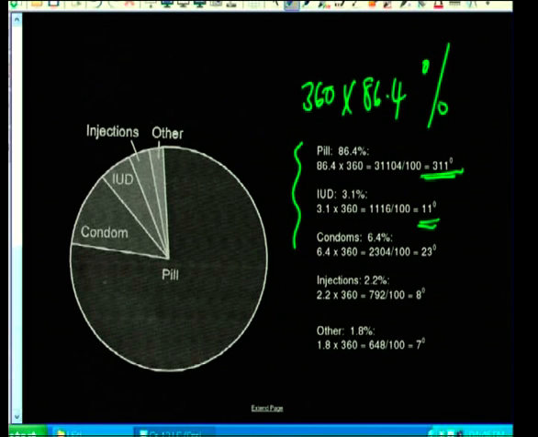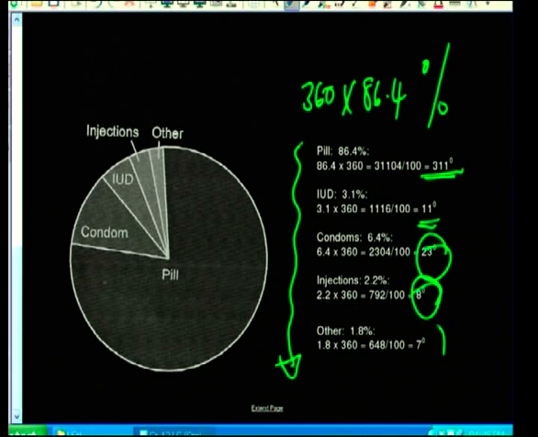You have to show all these calculations because marks are allocated in a rubric for showing these calculations, and they told you show your calculations. So even if your pie chart is wrong, at least you will get marks for the calculations. So that's the first part you're going to do. After you do that, you're going to use your protractor to divide the circle that you have drawn into different angles. And you will have a label on the top here, pie chart,